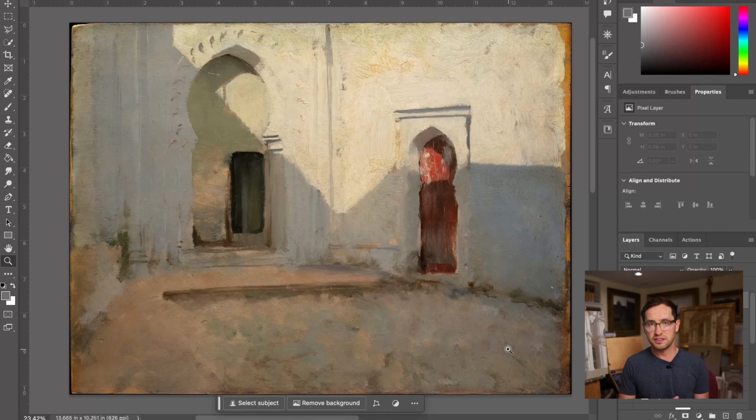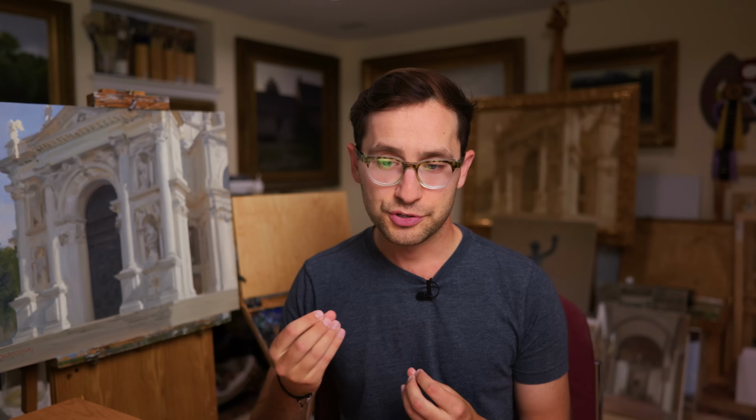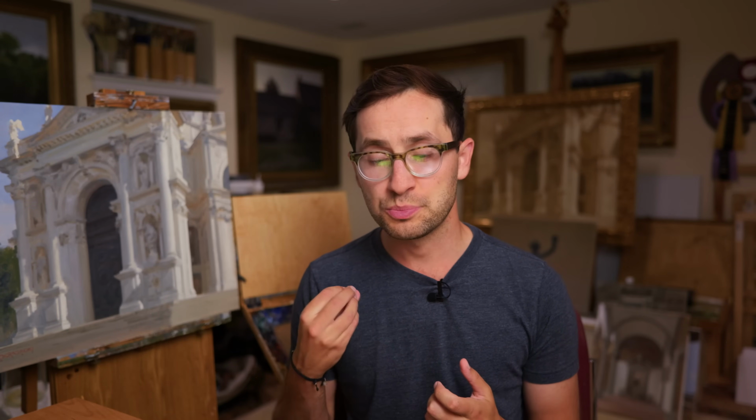Nothing is ever perfectly flat when we look at it in nature, and understanding optics, Sargent was able to make use of that and really capture that in this painting. But the final thing that I find really impressive about this painting is the fact that Sargent was not painting mere things anymore. The total ensemble of this painting is that Sargent was primarily painting the effect of light on